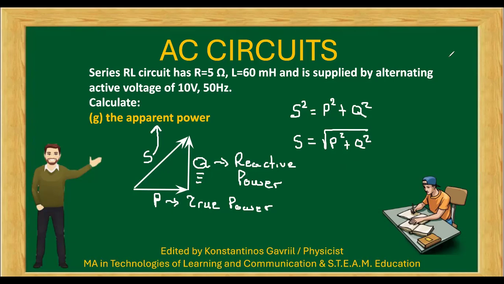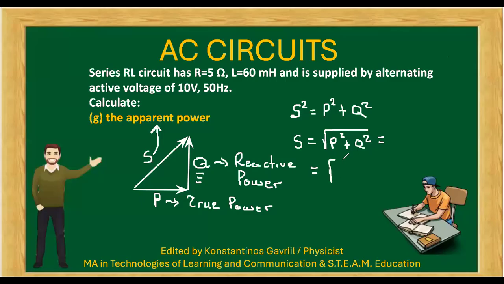As a result, we get the values that we have already found. We substitute. So we have P to be 1.25 squared plus the Q that we have already found, 19 squared, which gives me finally